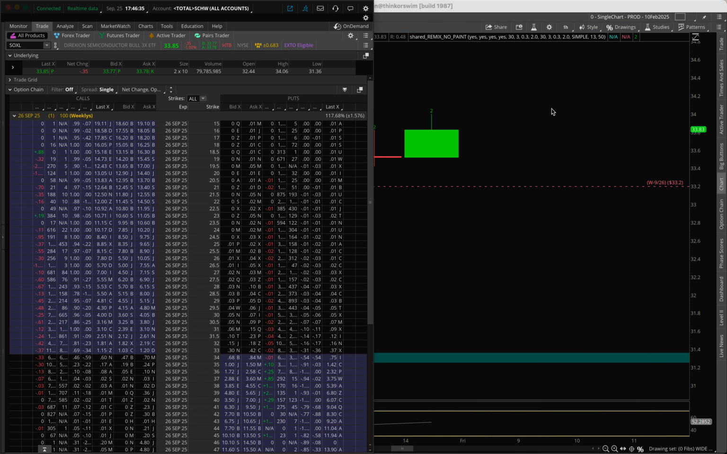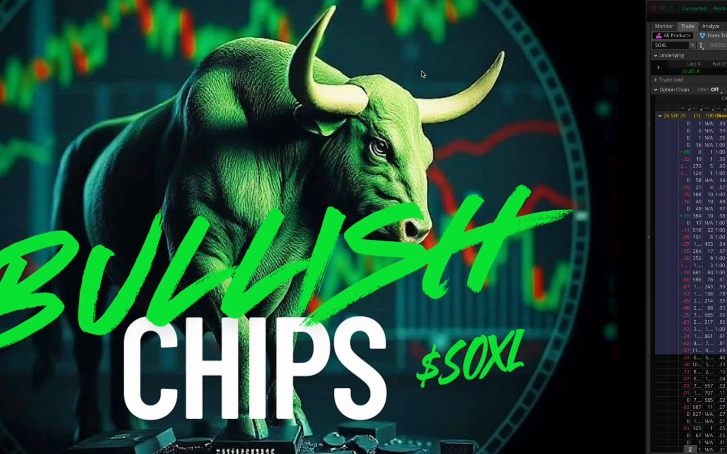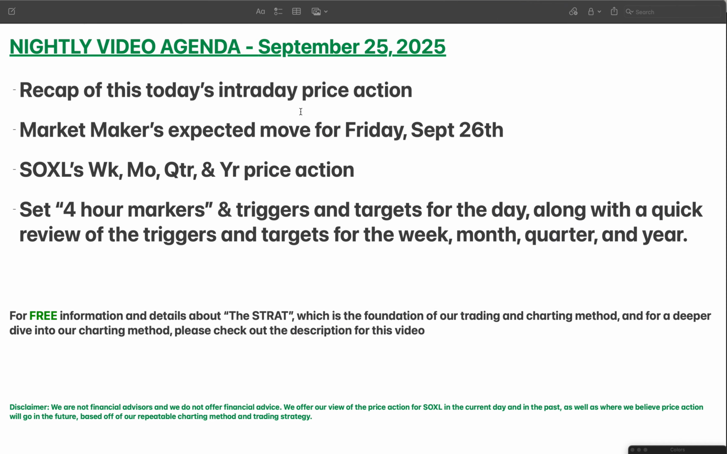Let's look at the market maker's expected move. To do that, we look at the options chain for this Friday, or for this week, and we can see over here, this is Thinkorswim, on the right hand side, we see this plus or minus 1.576. So there's an expected move of $1.5758 basically by the market makers to either the upside or the downside of our closing price of 33.85. So if we go to our notes